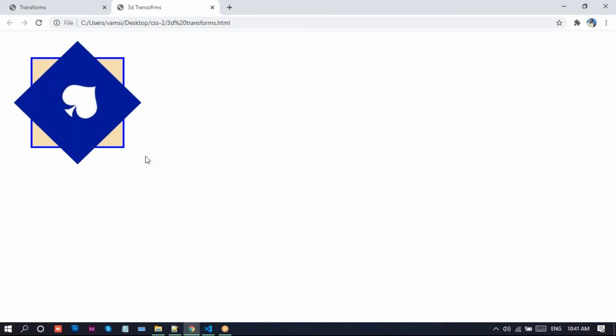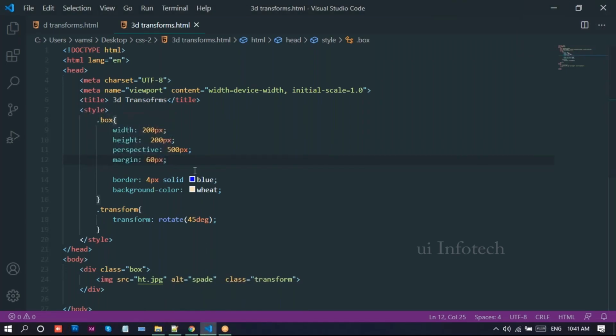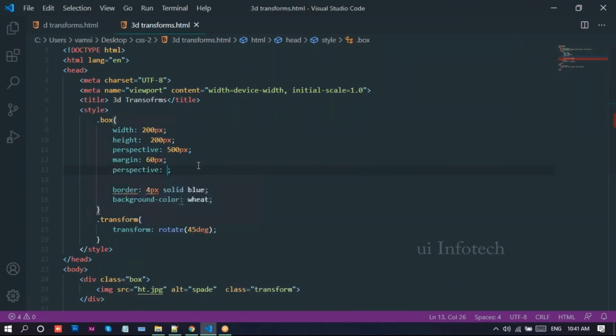Okay. See, we can rotate these values like this. And here, if you want, you can write perspective, rotate 45 degrees.